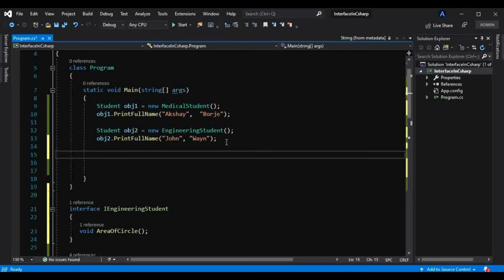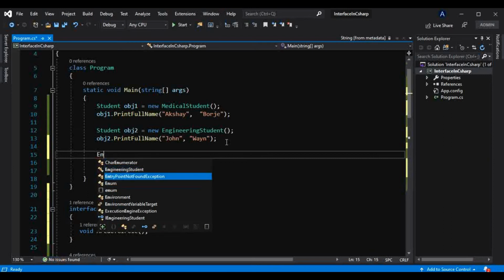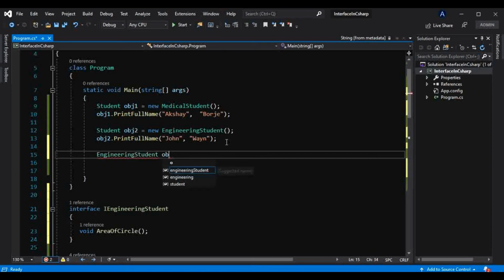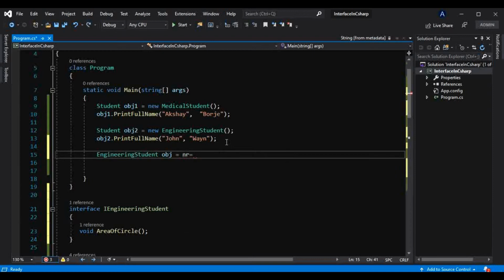Okay, for that engineering student object, like this, engineering student obj is equals to new engineering student.